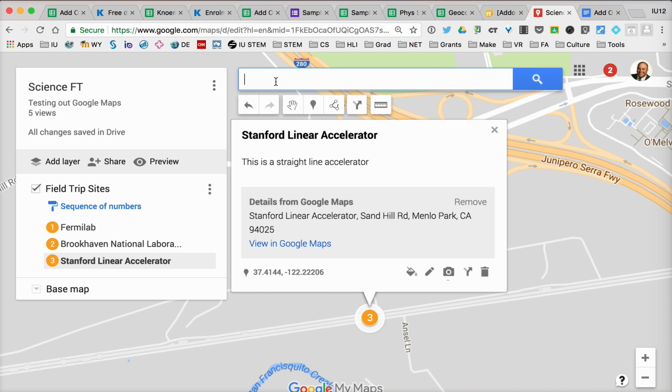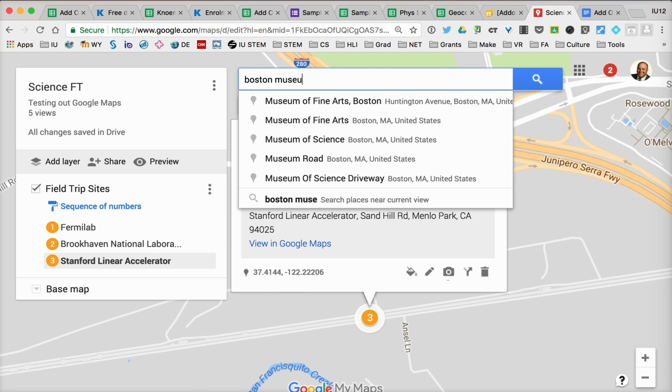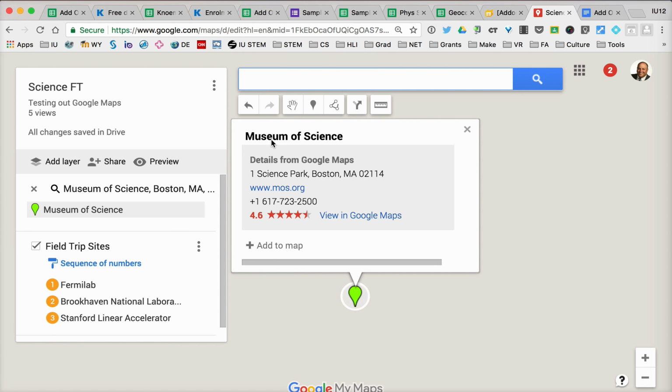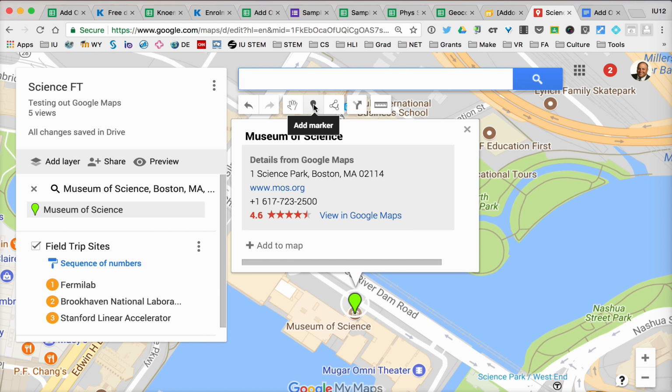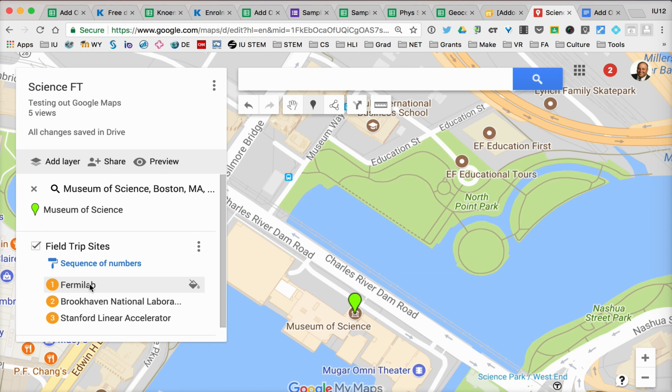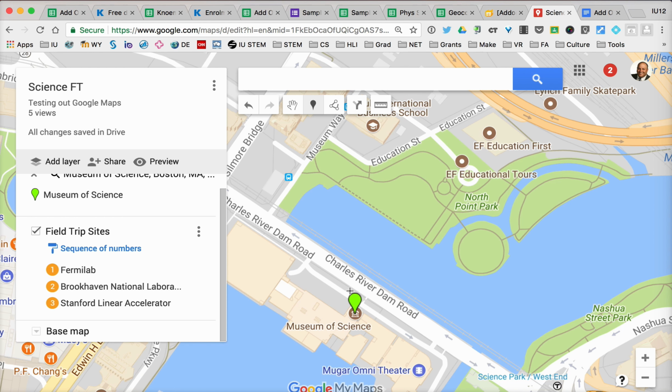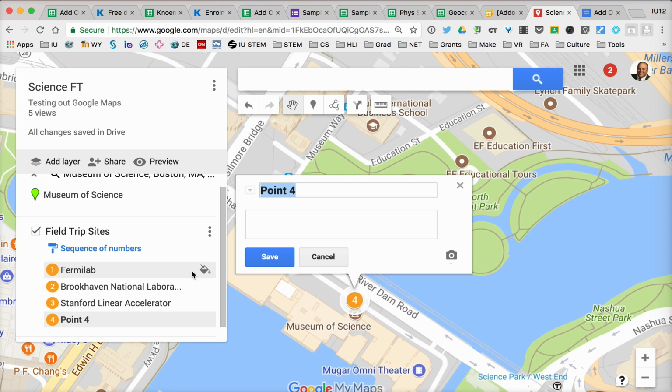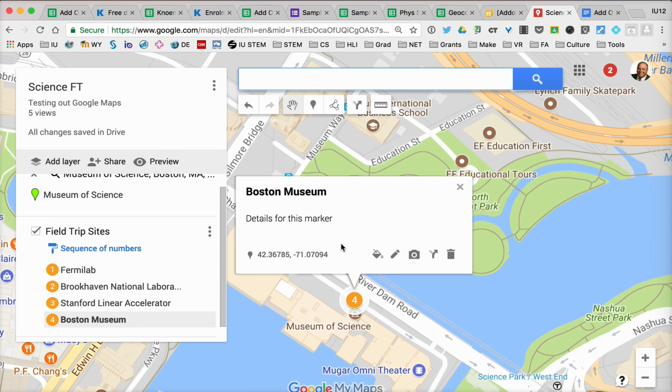And so if I do a search for another type of lab, so let's say we'll just do the Boston Museum of Science. So when it comes up, what I can do is if I add a marker, it's going to take me now from these 3, and it's going to add a 4th one in there for me. And so I can give it a name. I can add details here, and then I can hit save, and I can always go back and I can edit it,